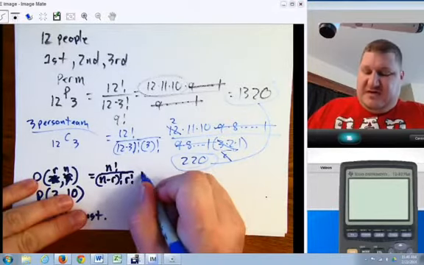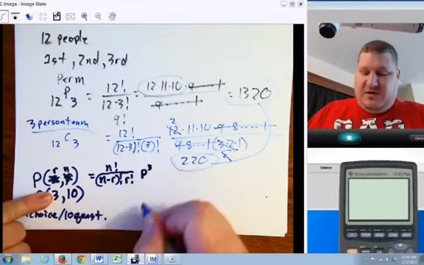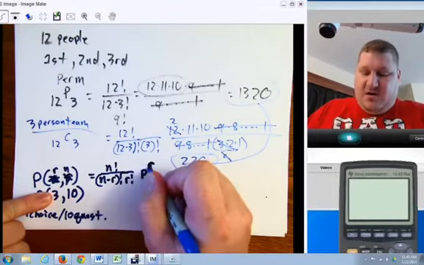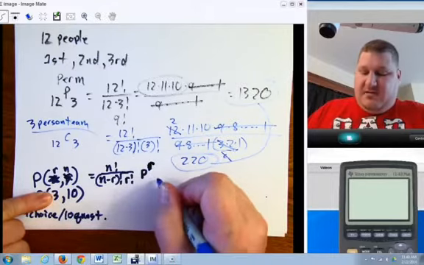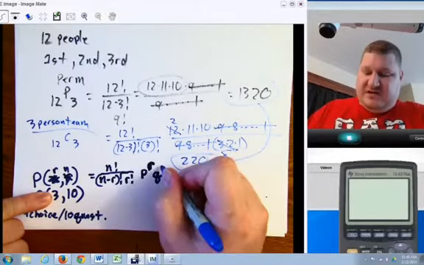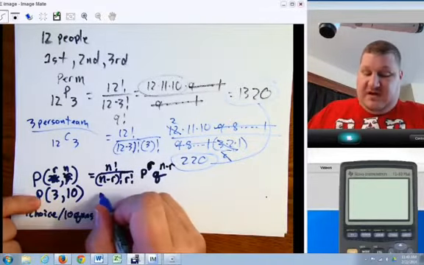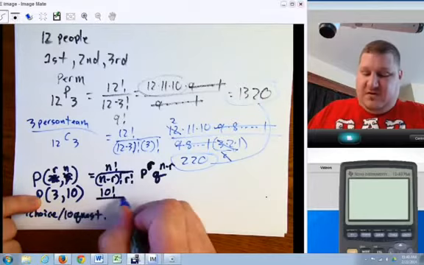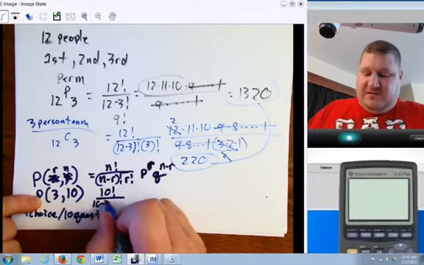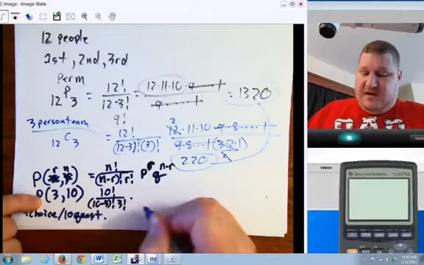Additionally, p is the number right, so how many did I want right? I wanted 3 right, so it'd be r. Out of wrong is q, so that's going to be n minus r. So in our case, we're going to say 10 factorial over 10 minus 3 factorial, 3 factorial, times,